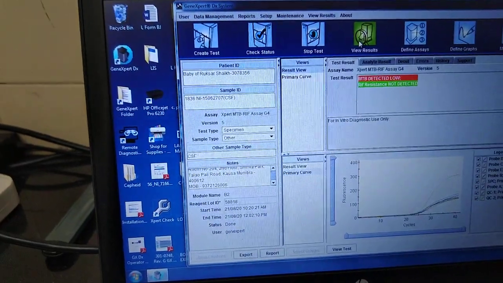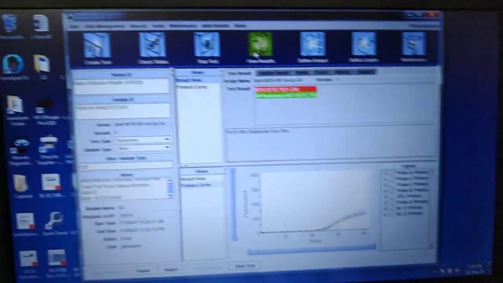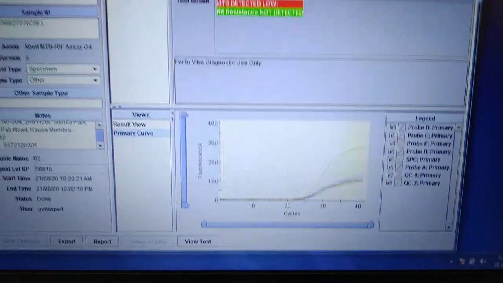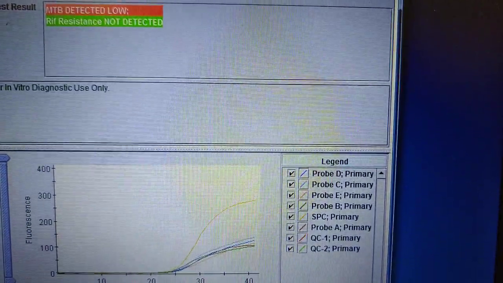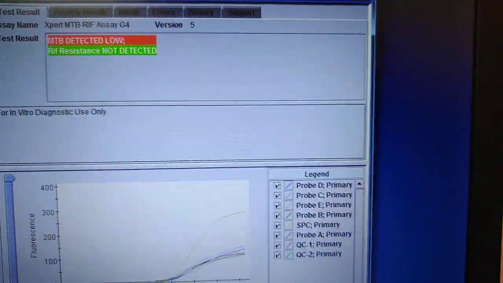on the view result option. So for example, if it is detected, then the result will come as MTB detected, rifampicin resistance is not detected in this particular case. If it is not detected,